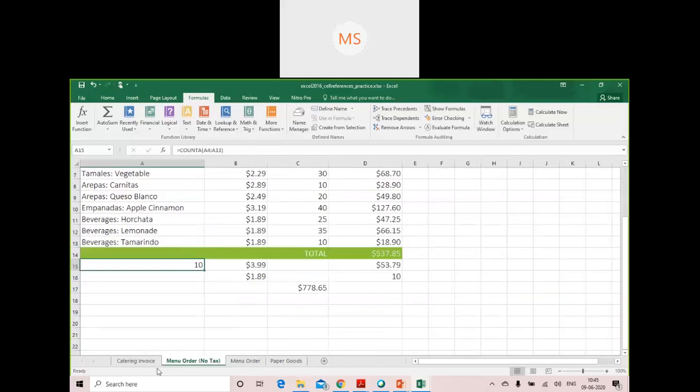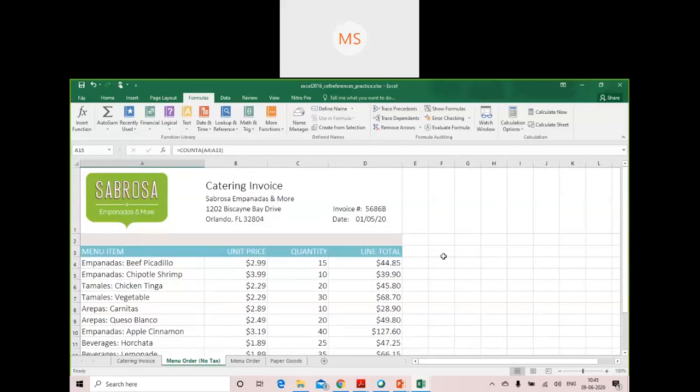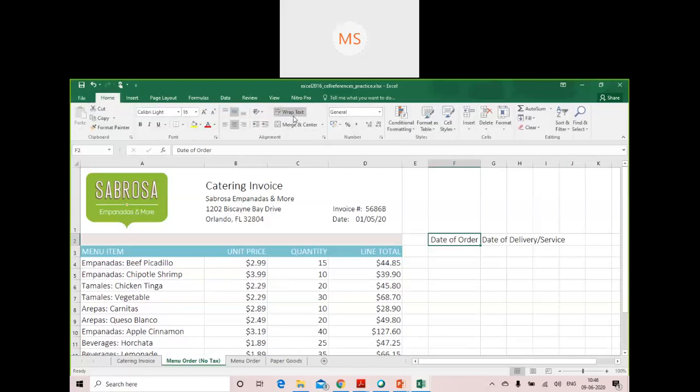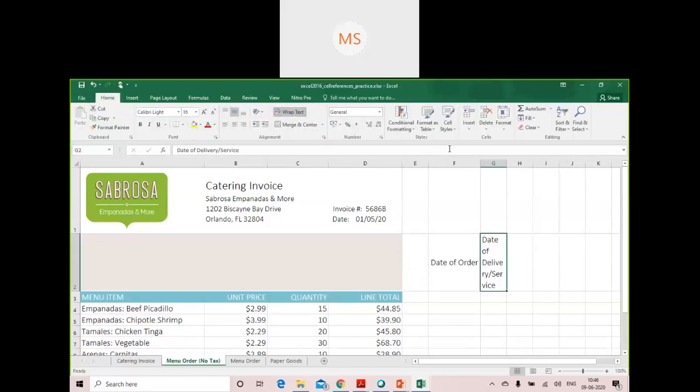But apart from that, I would like to take two different dates, like date of order and date of delivery, or date of service, whatever you want. If you want, you can wrap this text here also, expand it a little bit.